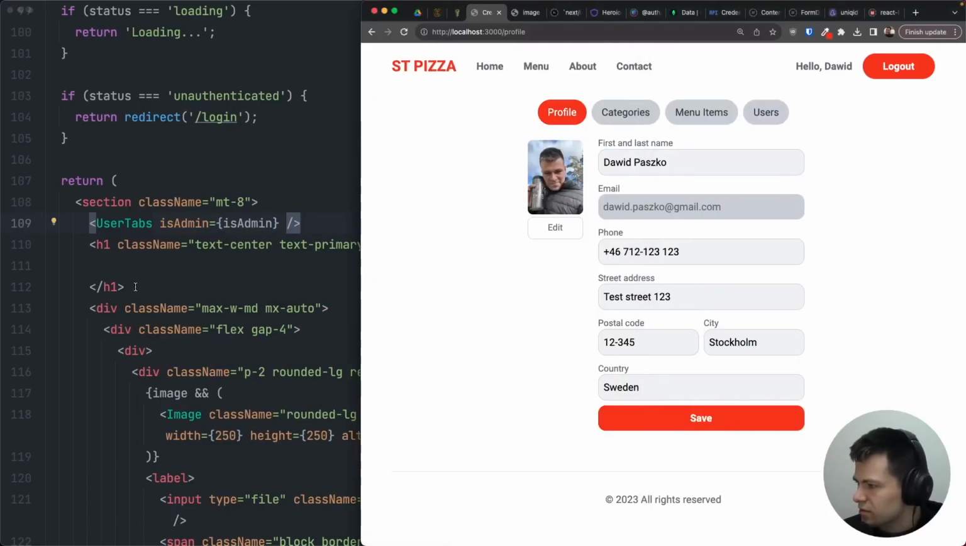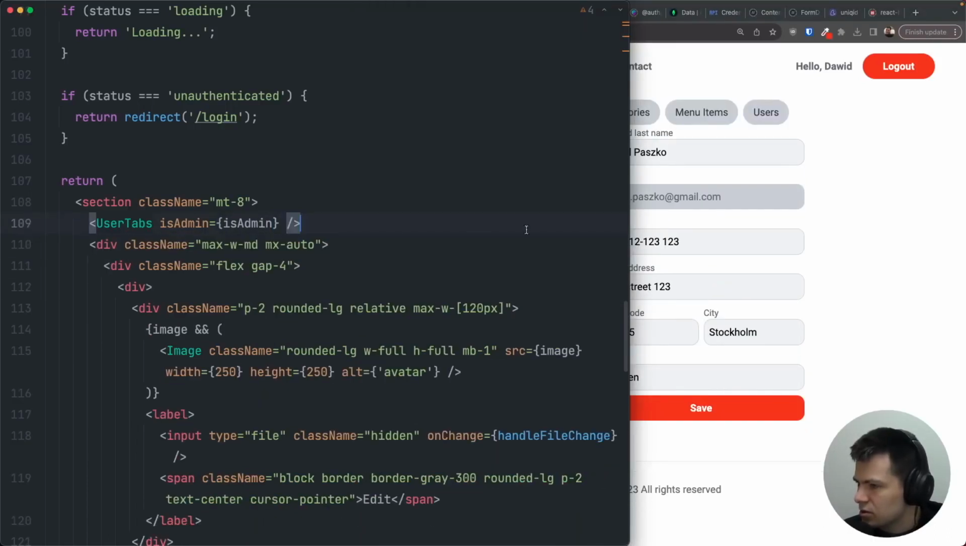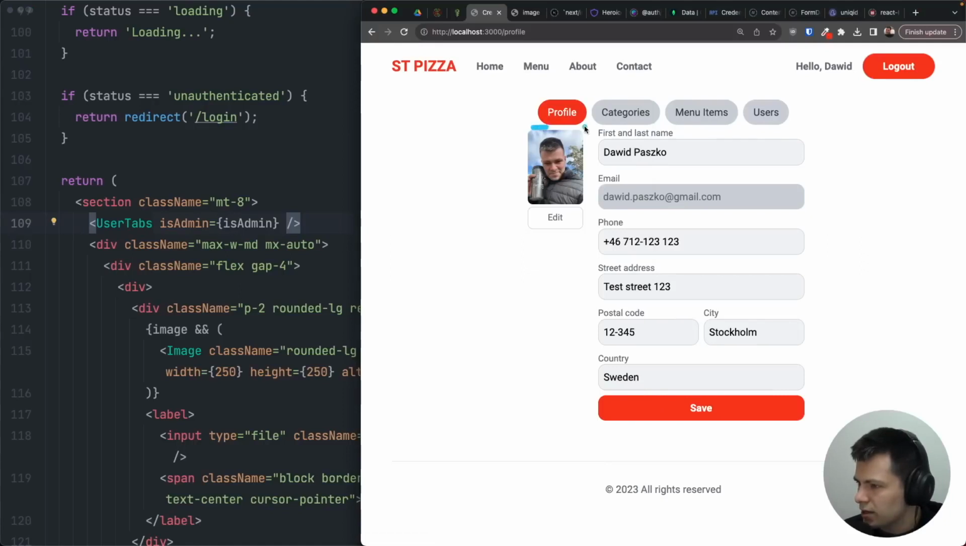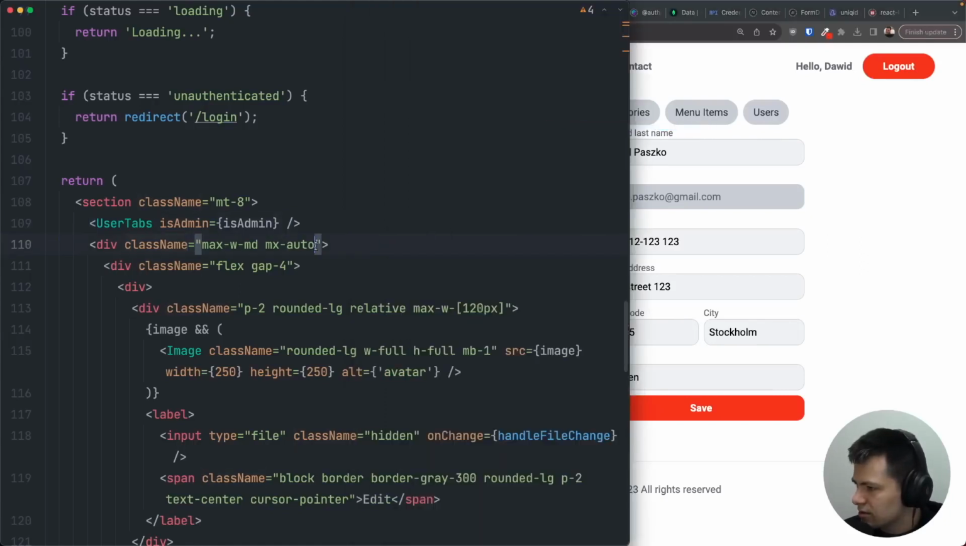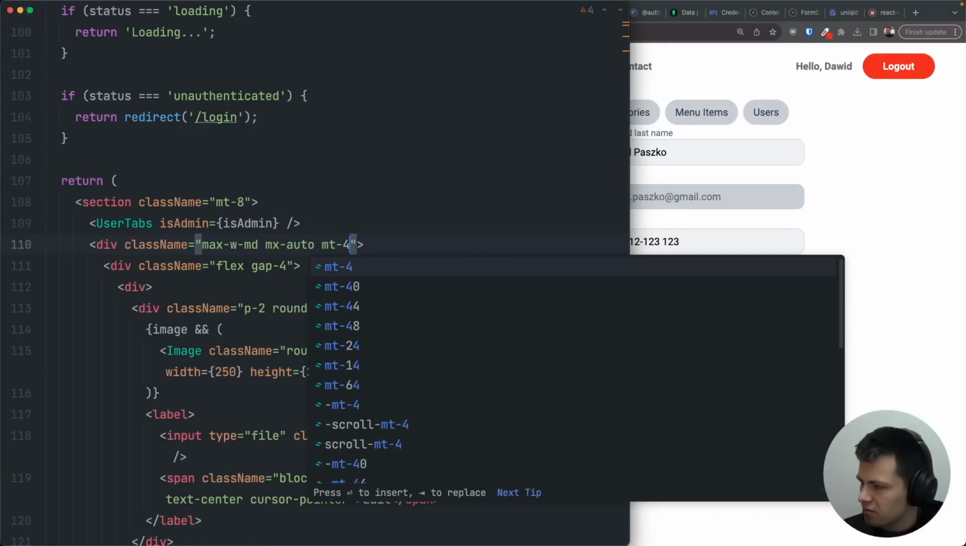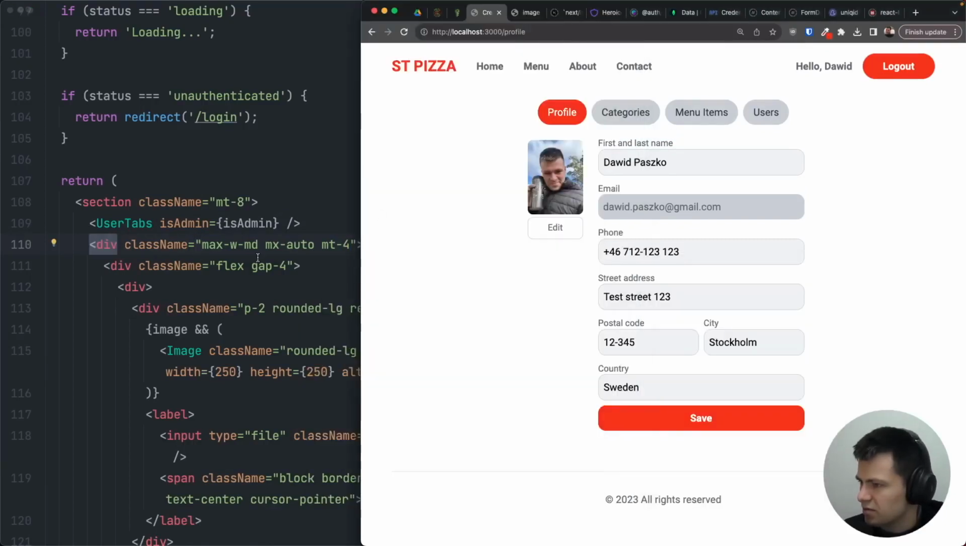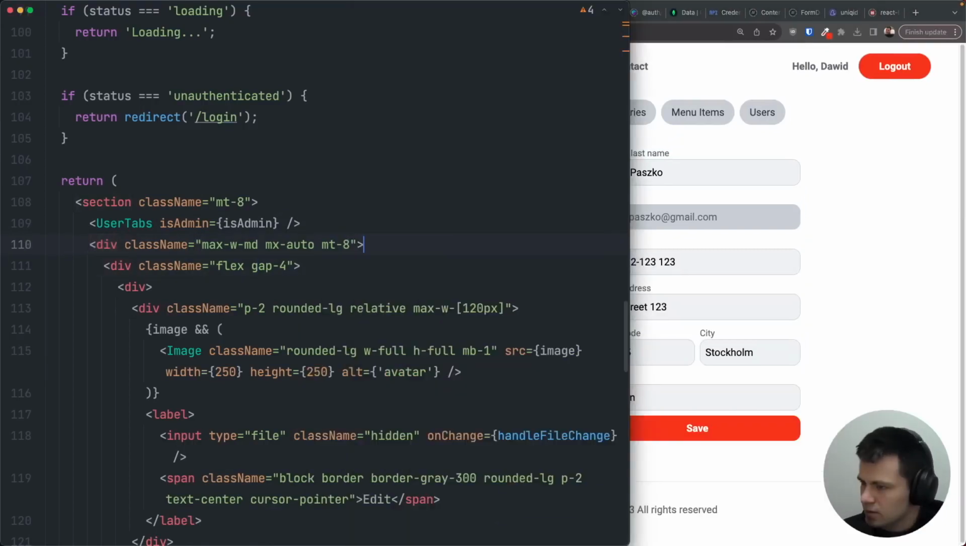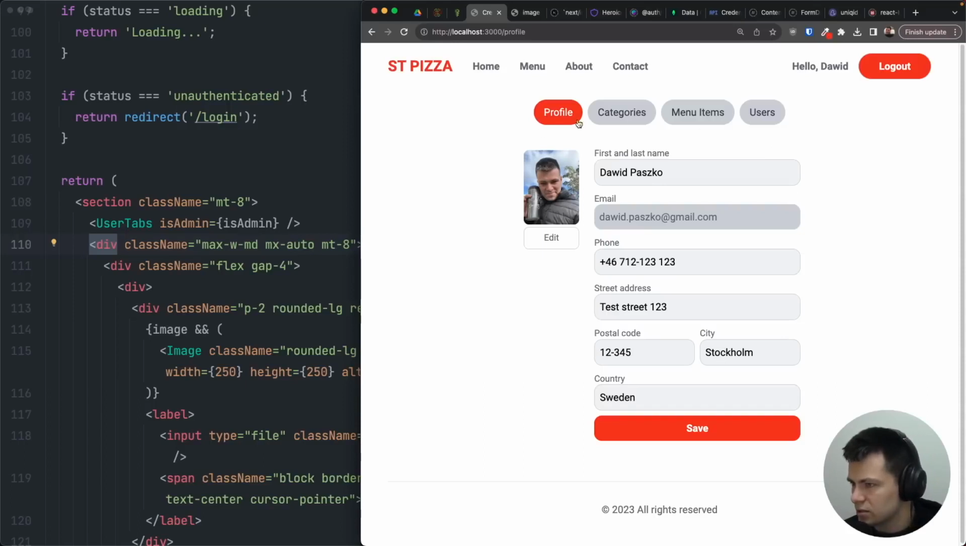So now we have it, and we don't need this h1 anymore, but we will need some spacing here. So on this div, let's do margin top of 4. Let me see, maybe 4 is not enough. Let's do 8. Let's see. Yeah, I think that is much better. So we have profile, categories, menu items, and users. All right, so we have some navigation here, and well, the